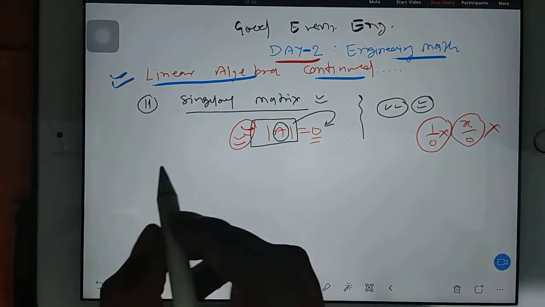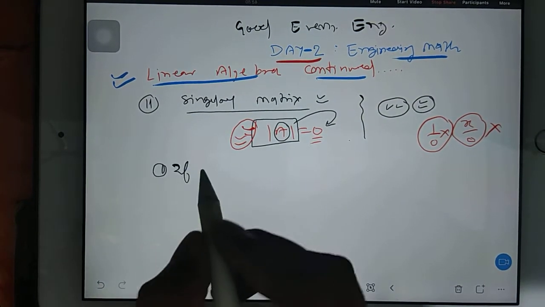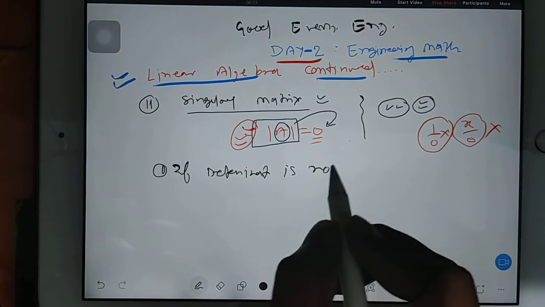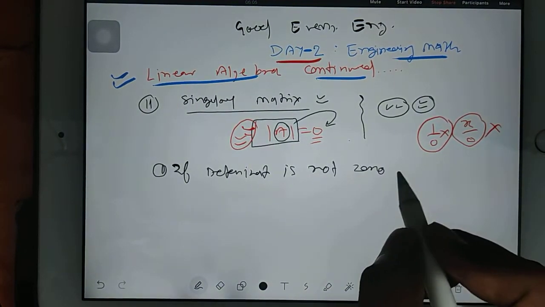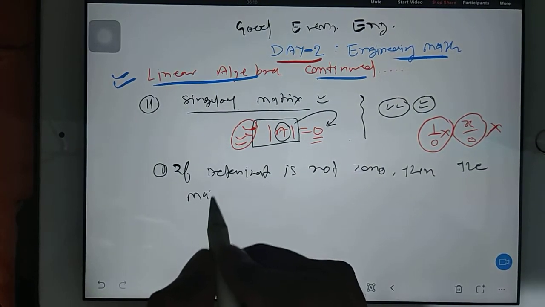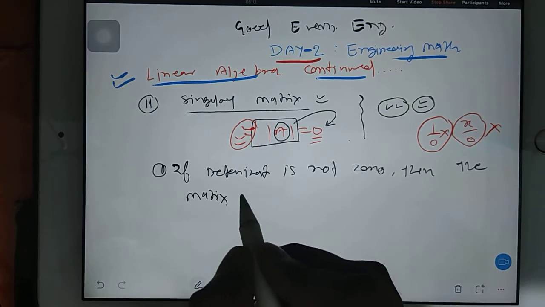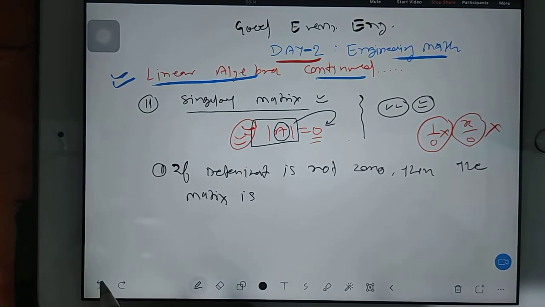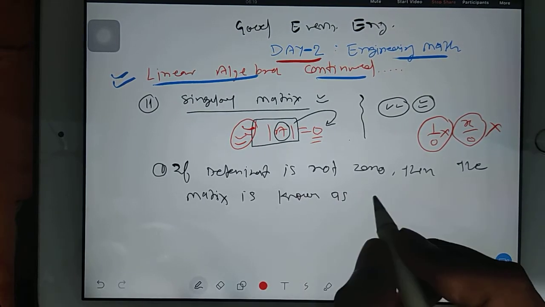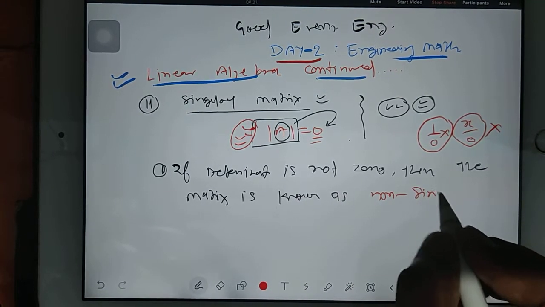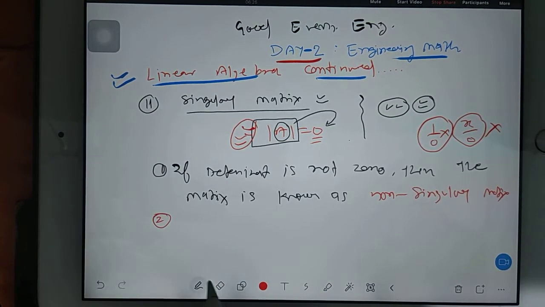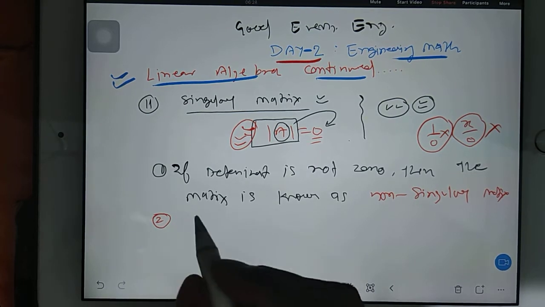So for that you take a note: if determinant is not 0, then the matrix is known as a non-singular matrix. Non-singular matrix. But if the matrix is singular,